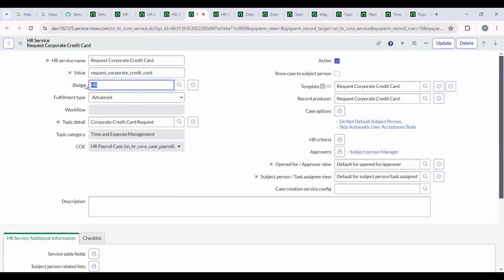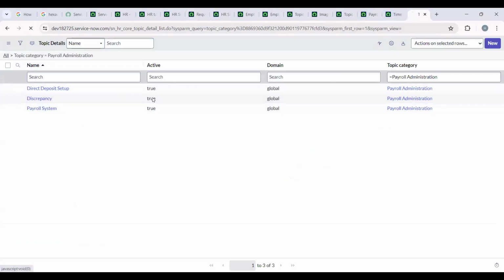Here, my badge is HR, and my fulfillment type, which is nothing but whether we have to run the workflow, flow designer, or some other flow. It is giving us some kind of advanced option. I will show you how to make use of this. But now my topic category is what? Corporate credit card requests. My topic is